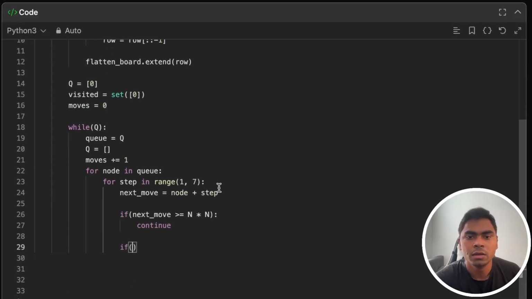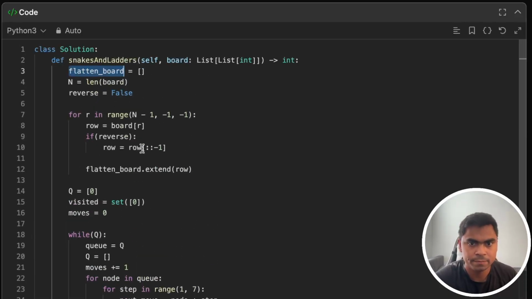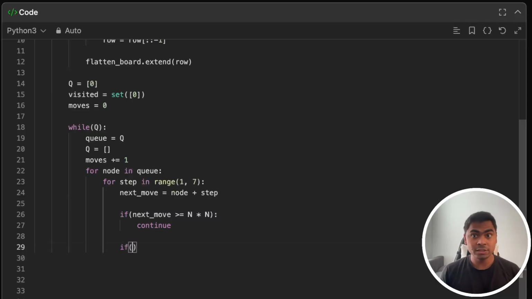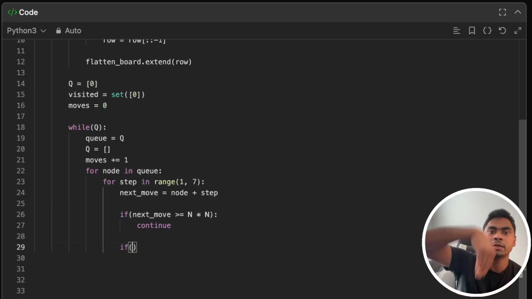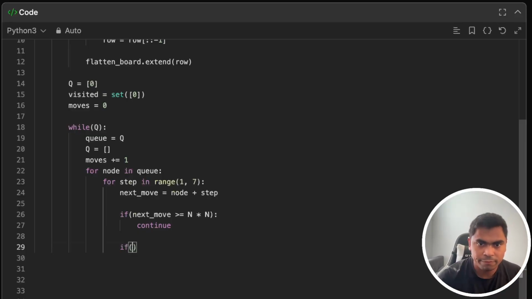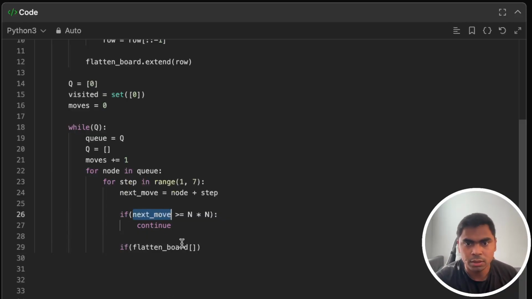If this next move, and I will be getting the value from my flatten board, has to be -1 in order for it to be the next index to explore. But what if this is not -1? It is some value. That means there is a ladder from here that will take me to the value it has. So if flatten board, and this particular one right here, is basically